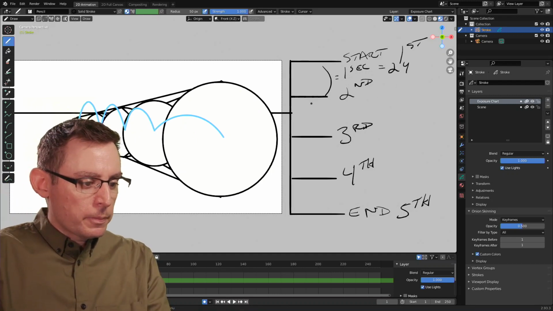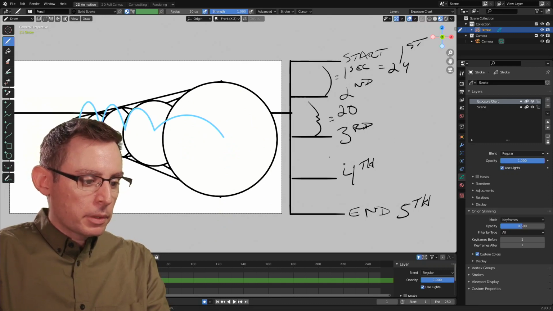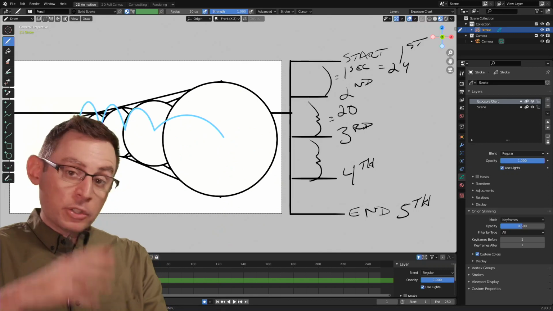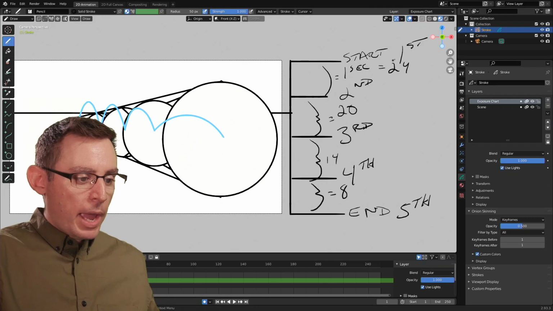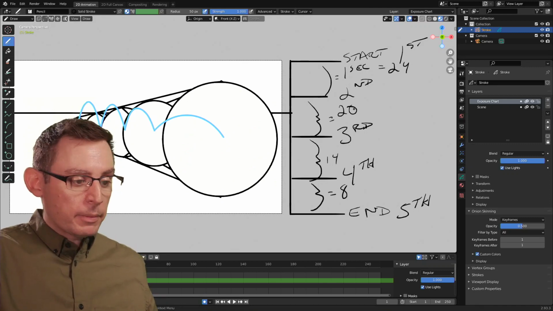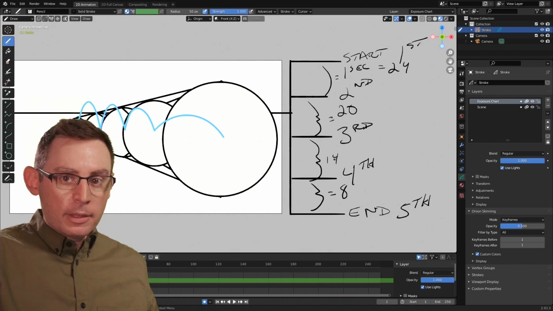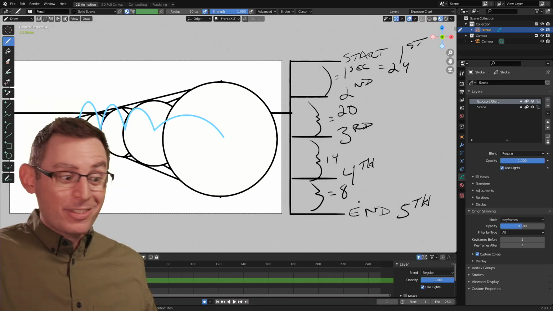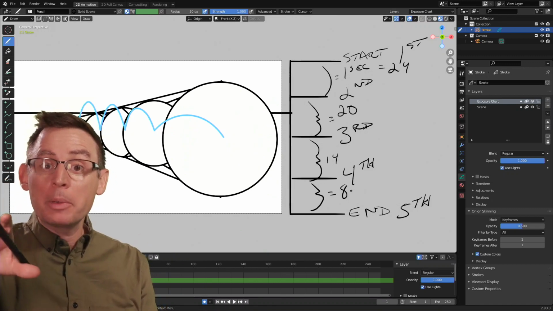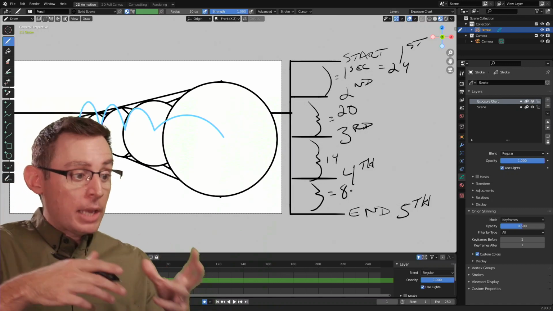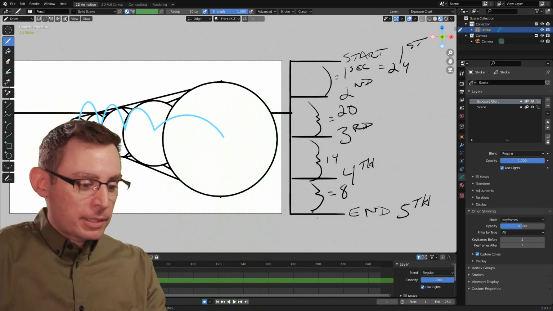So in here, let's make it 20 frames. This one's getting faster because it's getting closer to us. Let's make this 14 frames. And this one is going to be, I don't know, let's make it 8 frames. So if we add all this up, 24 plus 20 is 44, plus 14 is 58, plus another 8 is now 64 frames. Boom, there we go. Now we know exactly how many animation frames we need to create this movement according to the timing that I established before.